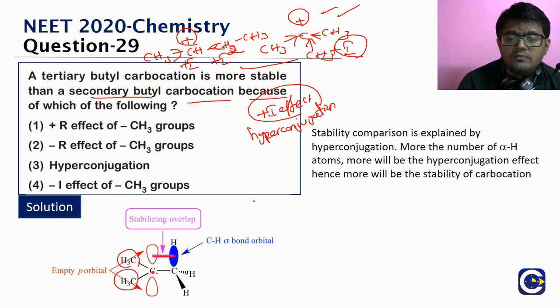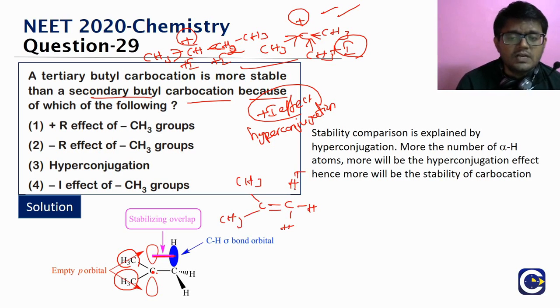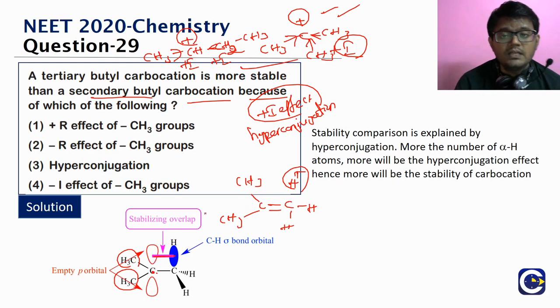As a result of it, what we will be seeing is like this. We'll have 2 methyl groups, a double bond, one hydrogen, and the other hydrogen will be left out without any bonding. That is why it is called no bond resonance. Here the number of hyperconjugation structures is determined by the number of alpha hydrogens. What do you mean by alpha hydrogen? The carbon that is adjacent to the deficit carbon.